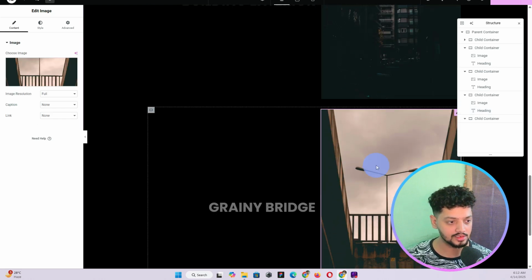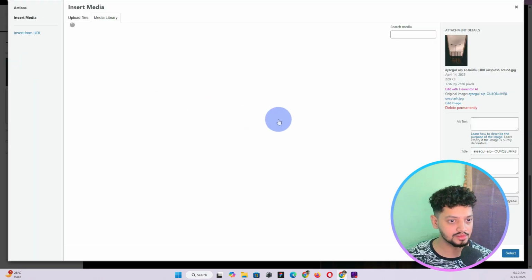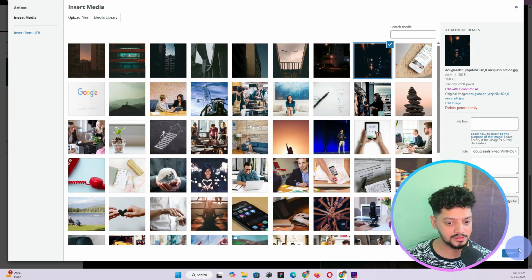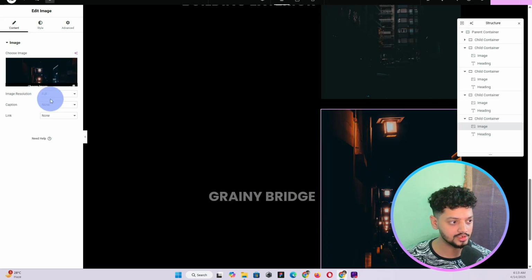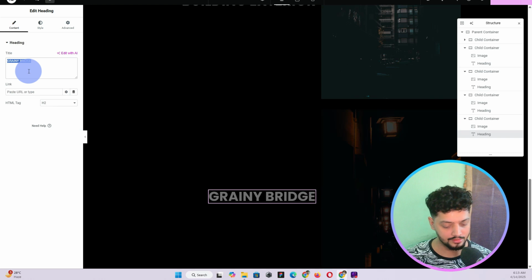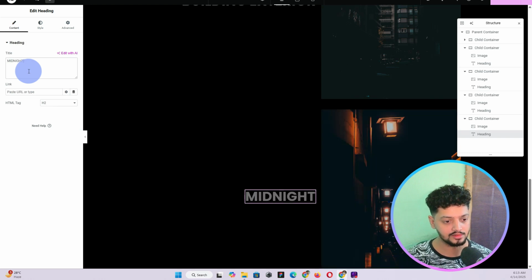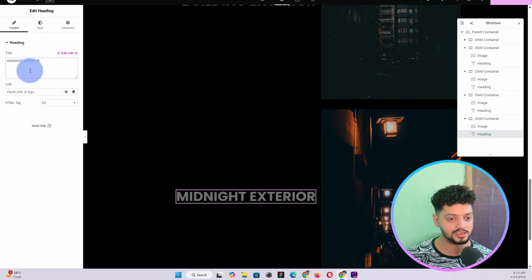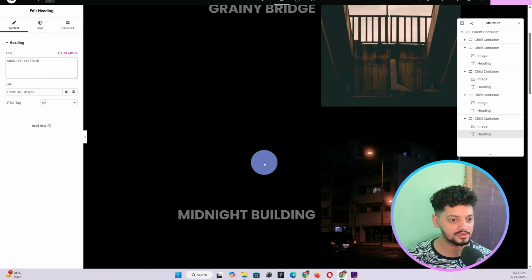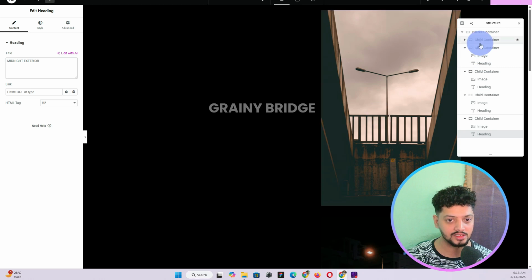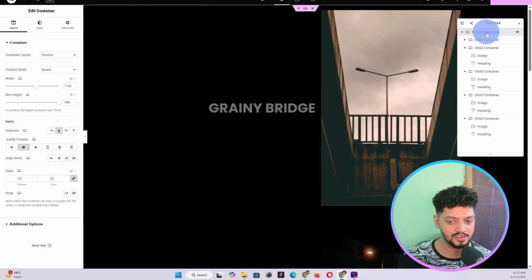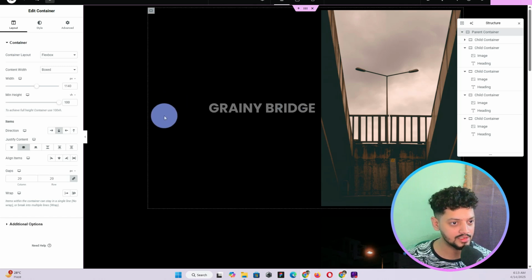All right, now the last image that I want to select will be this image. So it will be, I'll call it just midnight exterior, probably exterior. All right, now we have all the images, and now we have everything in here. Now you can just click on this parent container right here. So this is where we'll add our CSS. So I'll drop the CSS code that I'm using in the